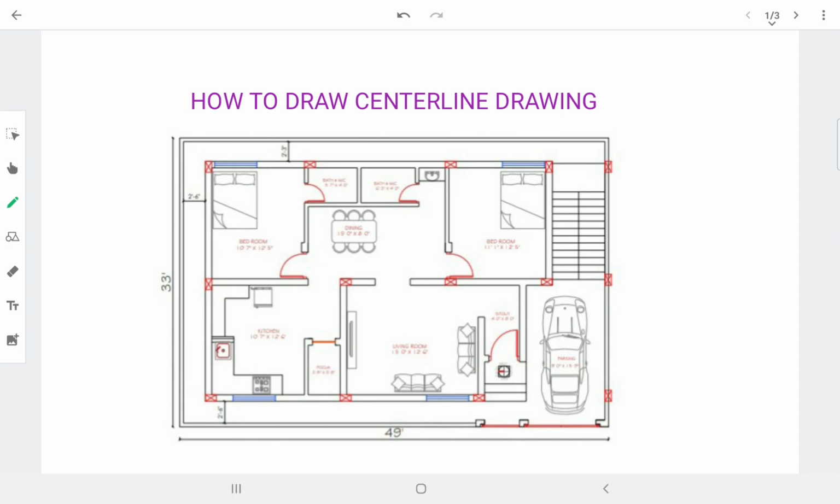Suppose the plans of the ground floor, first floor and other floors are different; in that case, where to provide the columns. All these things are discussed in the previous video. Go through that, and next you can watch this video.